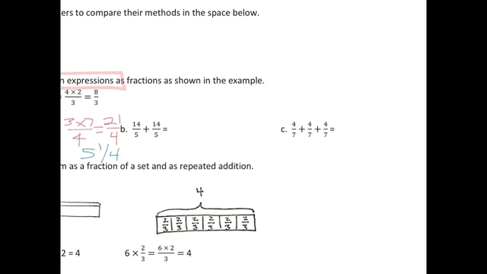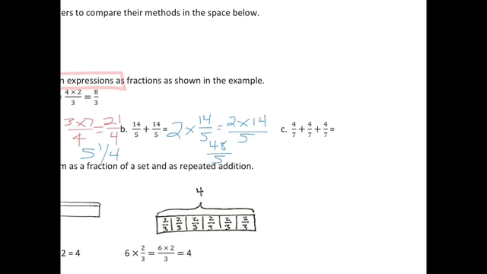All right, let's go ahead and look at 2b. We've got 14 fifths plus 14 fifths. So technically we are multiplying 14 fifths 2 times, which means that the 14s are going to be added twice. So technically we're doing 2 times 14 over 5. And to be able to solve that, 14 plus 14, or 2 times 14, should give us 48